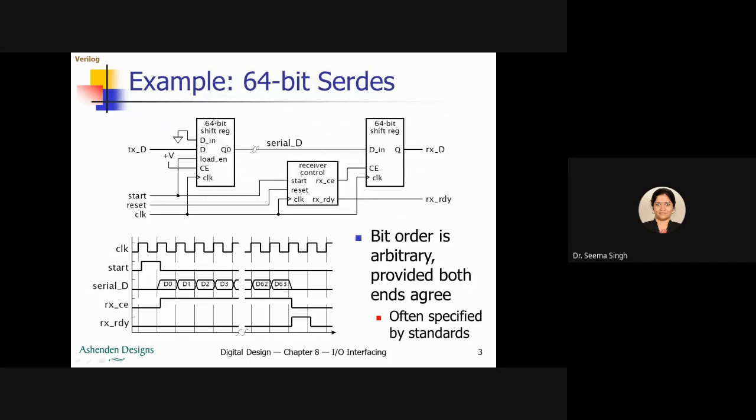So what you have here is a 64-bit shift register. When you studied digital electronics, you had only seen 4-bit serial to parallel, parallel in, parallel out, and all that. But this is a 64-bit shift register at the transmitter side as well as the receiver side. So this transmitter and this receiver can be in different systems. For example, you can imagine that this transmitter side 64-bit shift register is inside an embedded system, any application, and this is in the IO device.